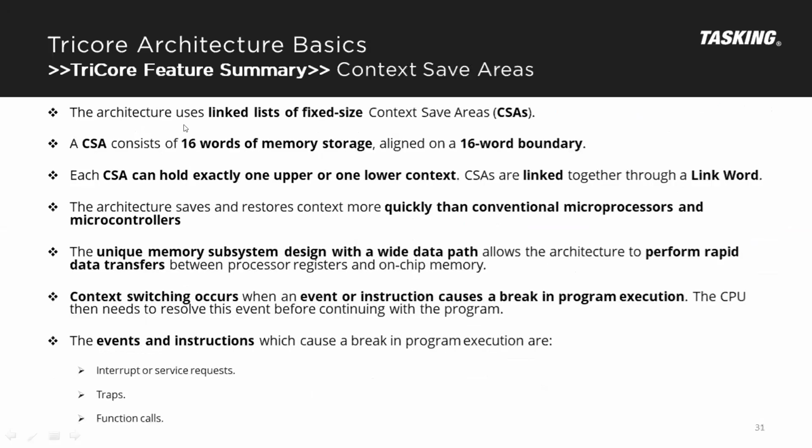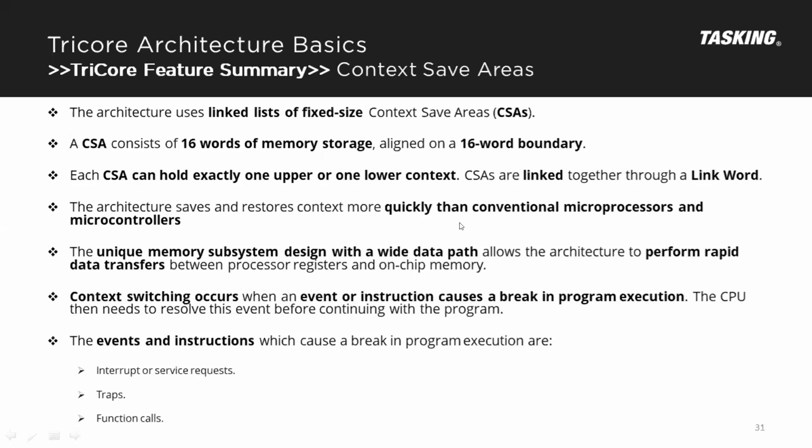All right, so as we agreed, the architecture uses a linked list of a fixed size. That means you cannot change the size of this context save area. It's always 16 words, and the alignment is also on a 16-word boundary, so you have to take care when you align your data. The context save area doesn't hold both contexts at the same time. It holds either the lower context or the upper context, and it uses the link word in order to reference the other